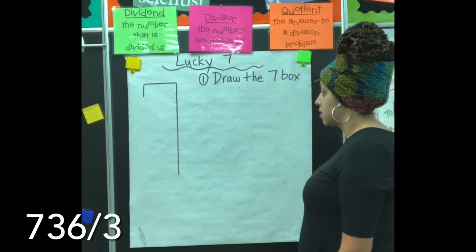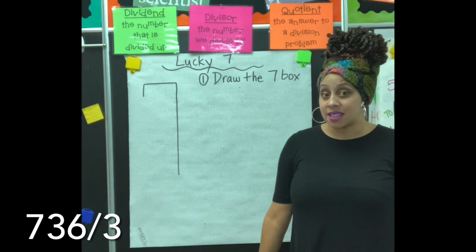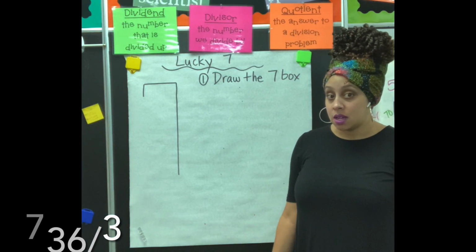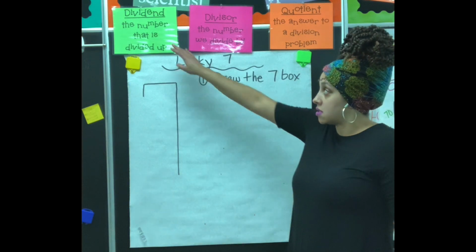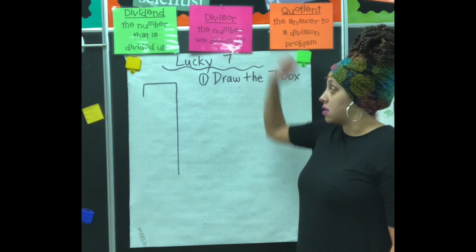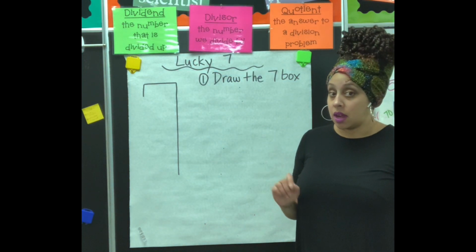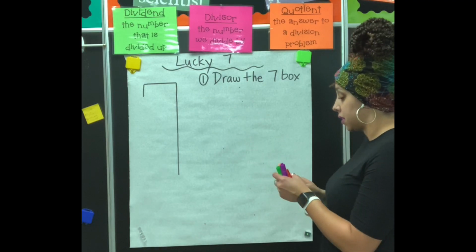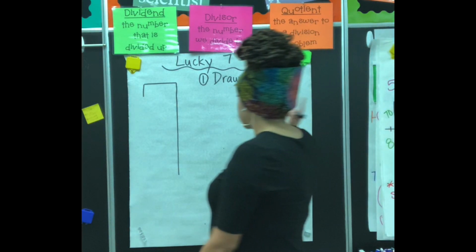Our problem is going to be 736 divided by 3. Okay, so 736 is going to be our dividend, and 3 is going to be our divisor. Right? I'll write that when it's time for us to write it, but that's the problem we're going to work with. Our second step